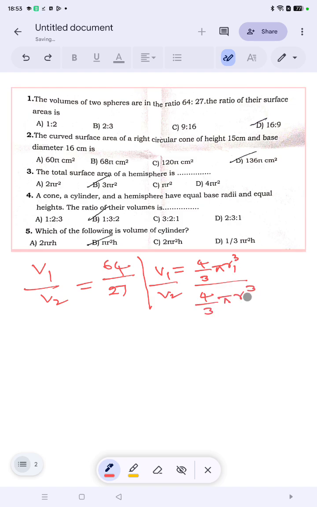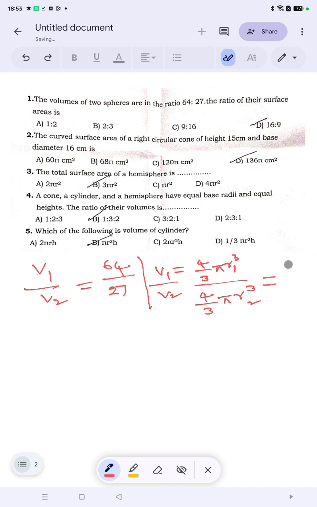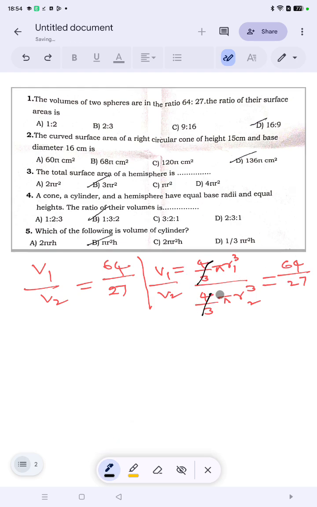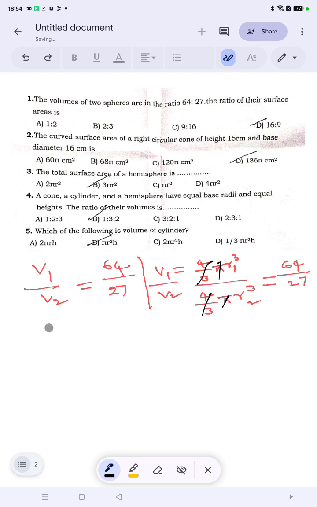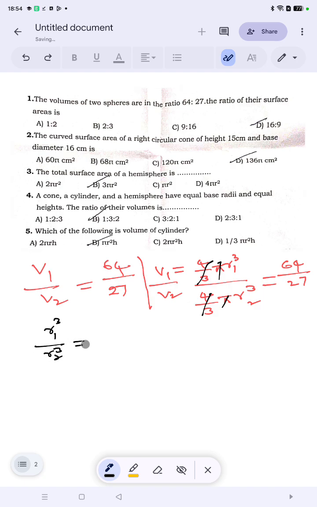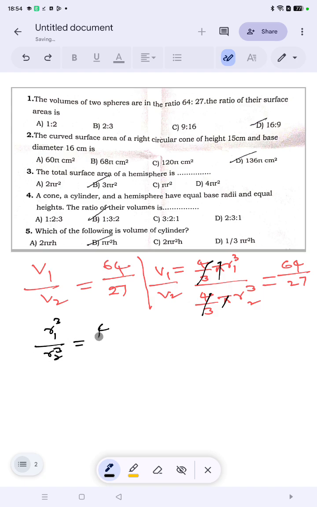Here r1 r2 you take. What is that equal to, how much? It is equal to 64 by 27. Now from here, 4/3 gets cancelled, pi gets cancelled. What remains? r1 cube by r2 cube, that is equal to, we can write this one